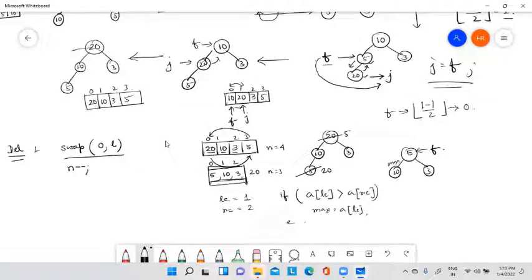Okay, so after interchanging these two elements, what will you get? You will get 10, 5, 3. So this is your new heap. If you draw it in a pictorial form, it will be 10, 5, 3. Again delete. Delete means interchange the first and the last. It means 3 will come here, 5, 10. Then n minus minus.